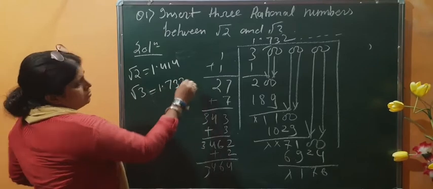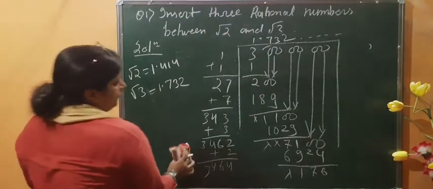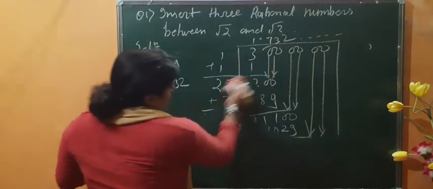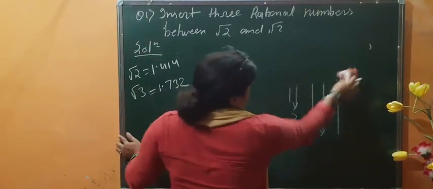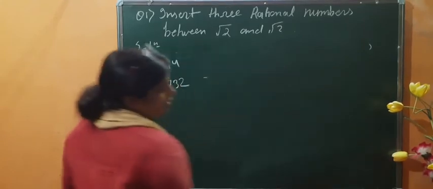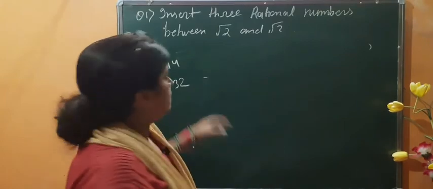I solved it because in rational and irrational numbers time and again you need it, so you can get the value quickly. If you are not getting it from a book or anywhere, no need to ask anyone, do it on your own. That's why I taught you the method. Now we are coming back to the question.